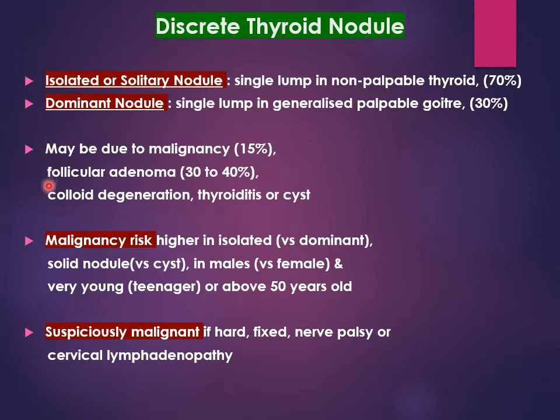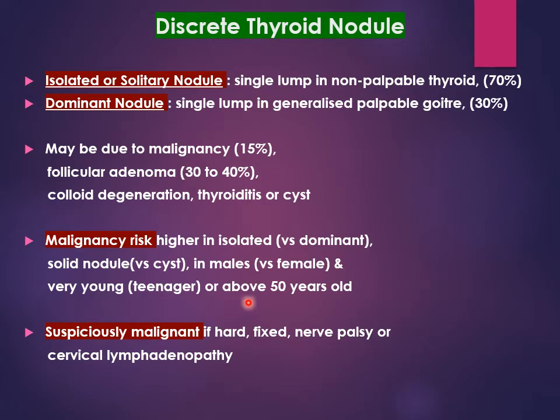Nodules may be due to malignancy in 15% of cases, due to follicular adenoma 30 to 40%, or due to colloid degeneration, thyroiditis, or a thyroid cyst. The risk of malignancy is higher in isolated solid nodules compared to dominant nodules. Solid nodules have a higher malignant risk than cystic nodules, and the risk is higher in males compared